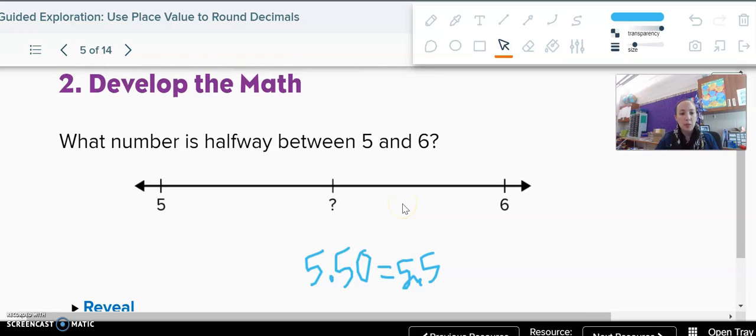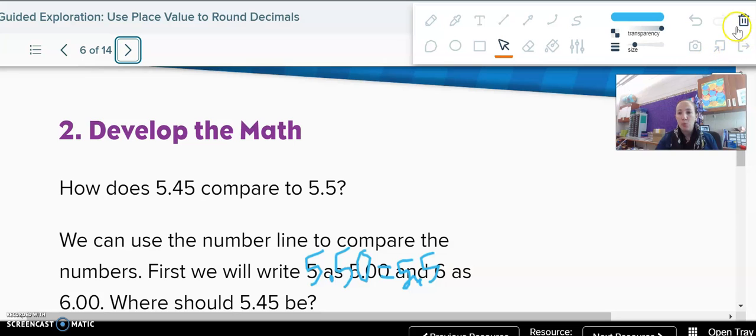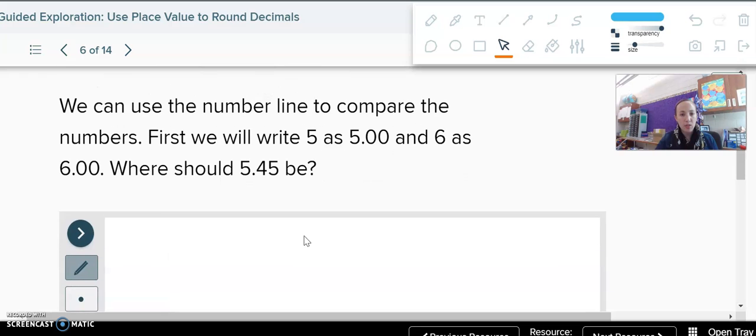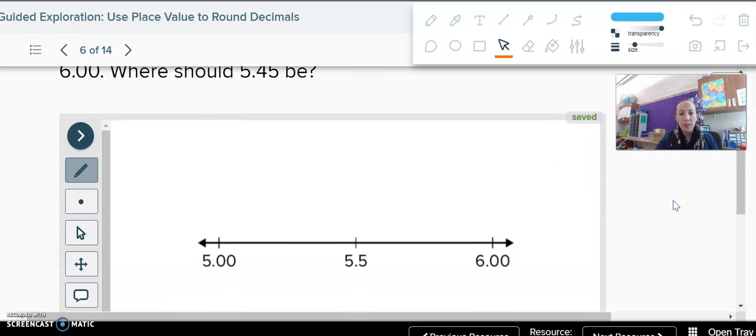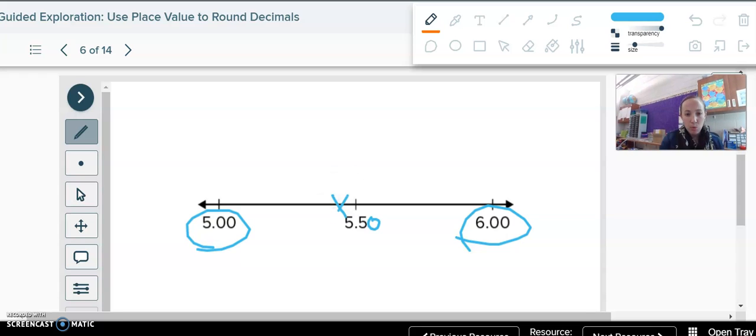So then we just have to think about, okay, if we put 5.45 on there, how does that compare to 5 5/10? So if we have our number line here, where should we put 5.45? 5 and 45 hundredths, $5.45. Well, notice they added the zeros there. That's also equivalent. I could add a 0 here and think, okay, 45, less than 50. So it'd be right somewhere in this area,